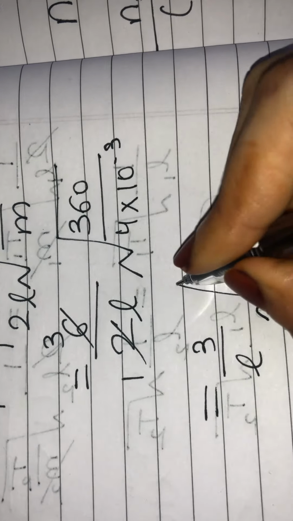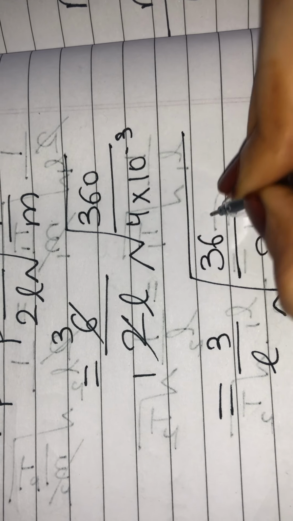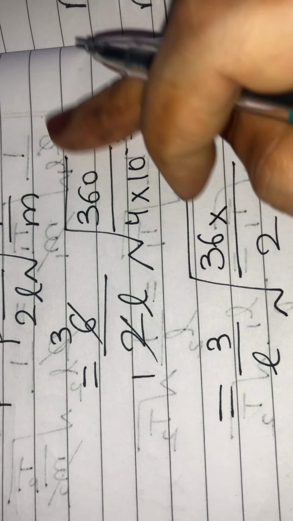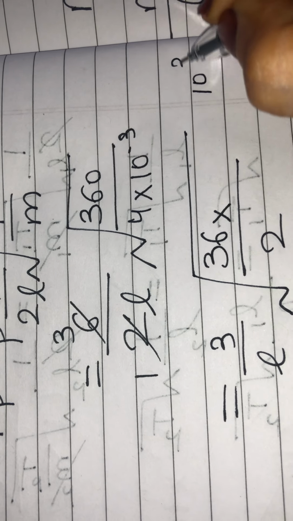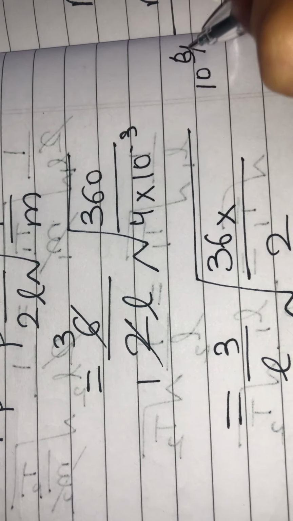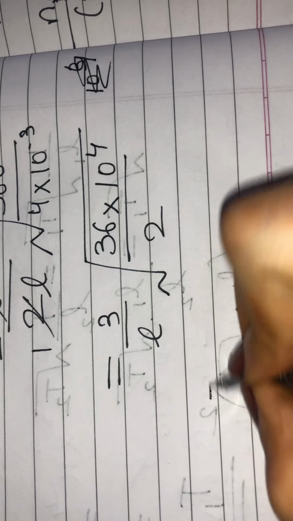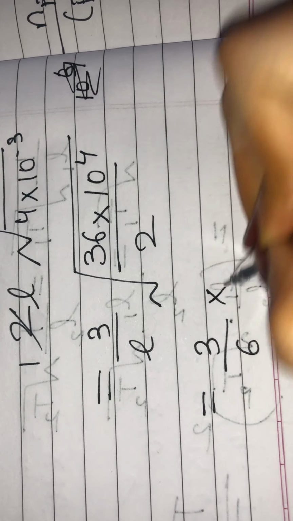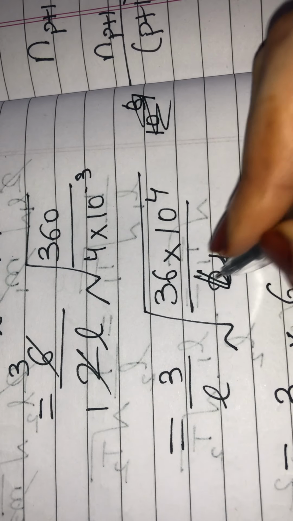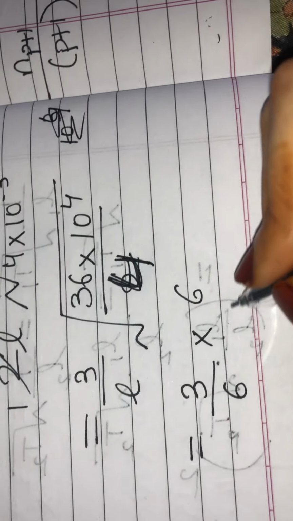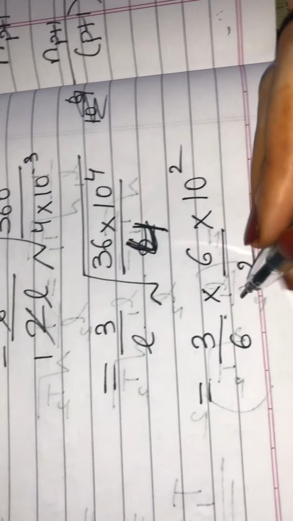Now, okay. Let this be as 4. Take this 10 raised to minus 3 upar. So that becomes 36 into this 0, and this 10 raised to minus 3 goes up, so it becomes 10 raised to positive 3. Upar aa gaya, so 10 raised to positive 3, and adding this one 0 it becomes 10 raised to 4. So here in the square root it is 10 raised to 4. Now I'll remove these terms from the square root. So 3 upon L. Square root of 36 is 6. Sorry, this 4 as it is. So square root of 4 is 2 and square root of 10 raised to 4 is 10 raised to 2.